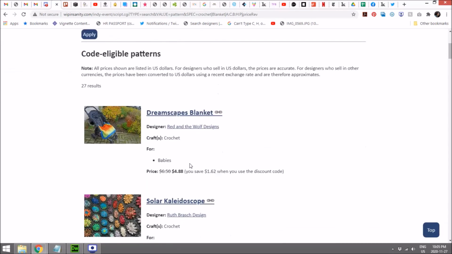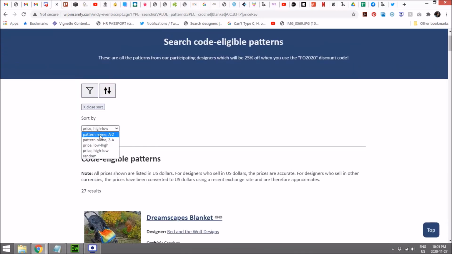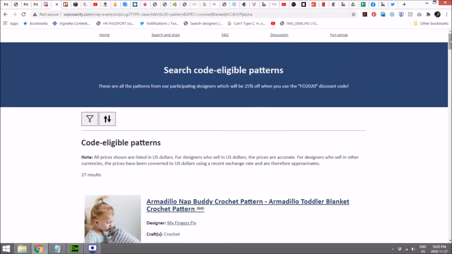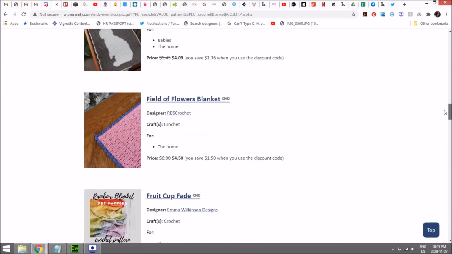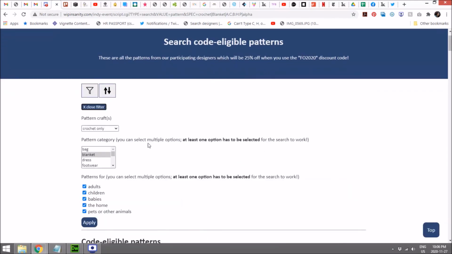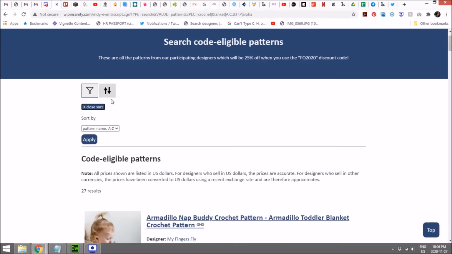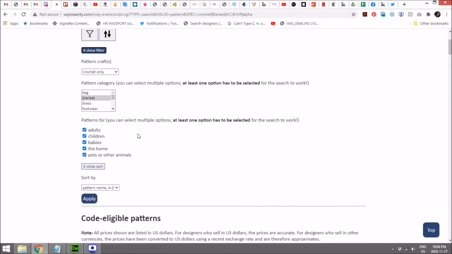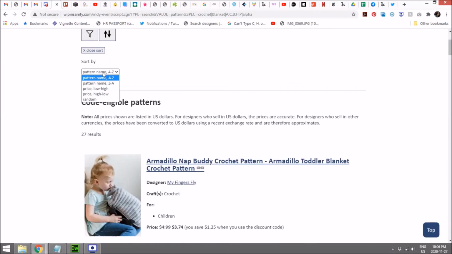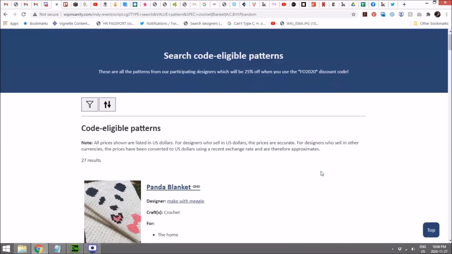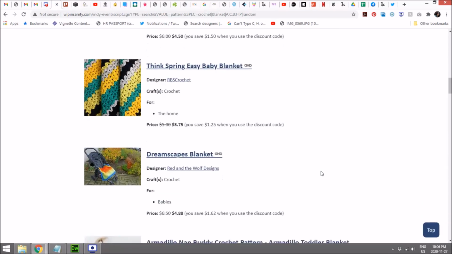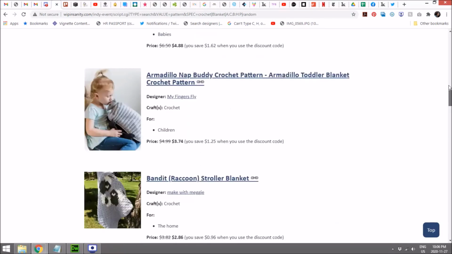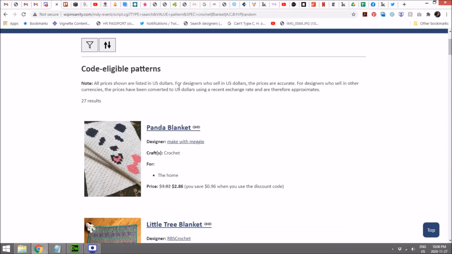And if I wanted to change that search and go maybe A to Z, now you can see that it's actually sorted alphabetically. But if I go random, oops, not the filter, the sort. And you'll notice I can have both filter and sort open at the same time, or not, whatever you're actually trying to do. Let's go random. And now you can see there's no rhyme or reason. You're just seeing the 27 patterns in a completely random order.